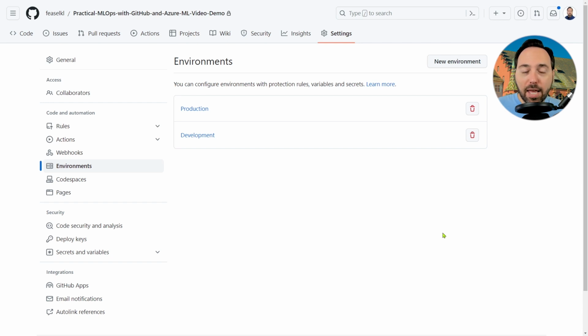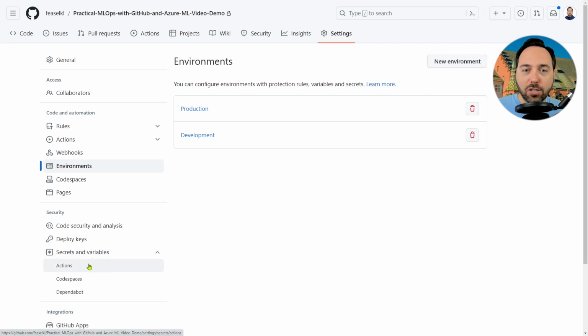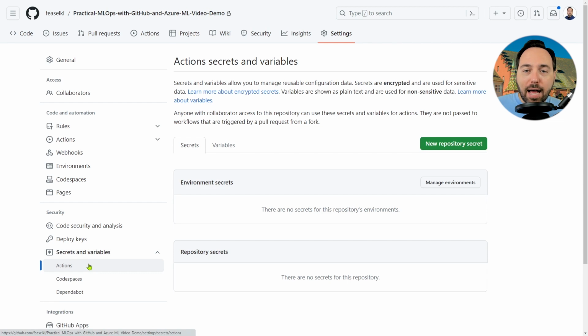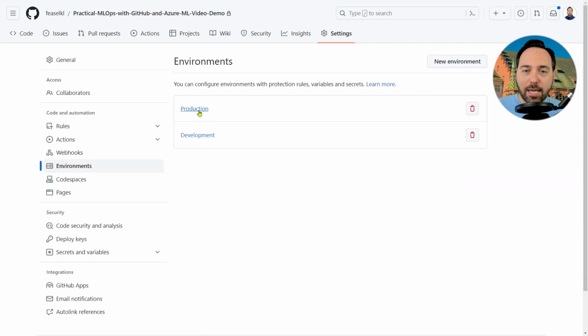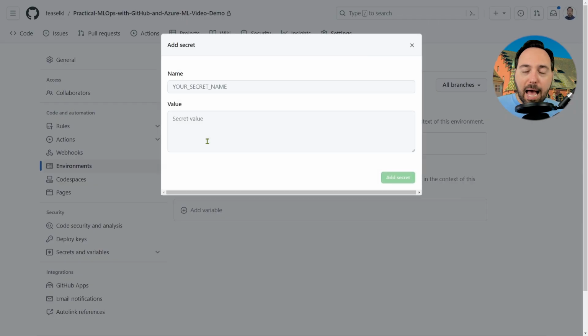Now I'm already in the settings page, so let's drill into Secrets and variables, and then choose Actions. This allows me to create repository secrets, and I'm going to create three for each environment. The first will be called AZURE_CLIENT_ID, and it will contain the app ID variable I created earlier.